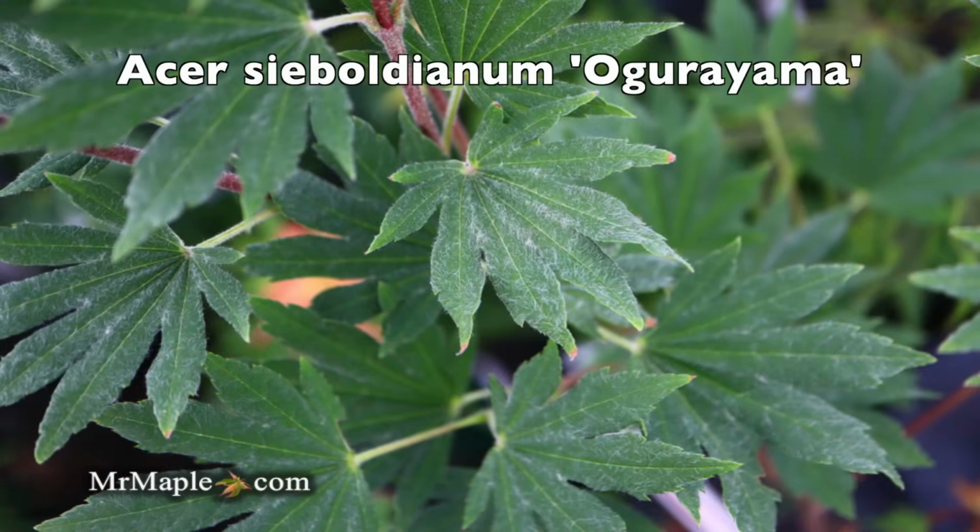But there's some obvious mistakes on things we see. So we'll try to fix those whenever possible based on our own understanding. Acer sieboldianum 'Aoyama'. I know this one's a little controversial because there's many nurseries who list this as Acer japonicum